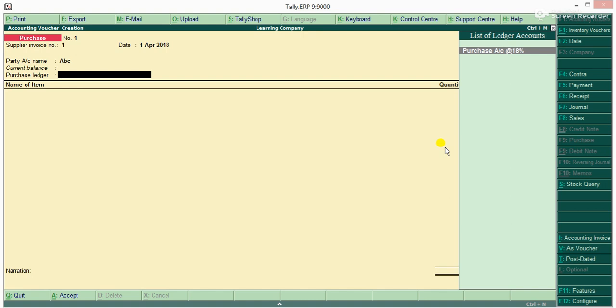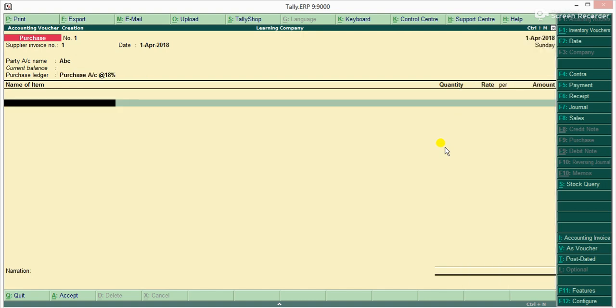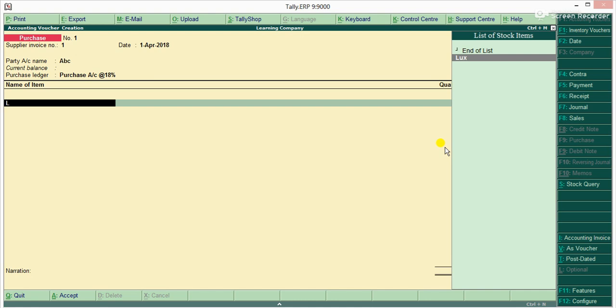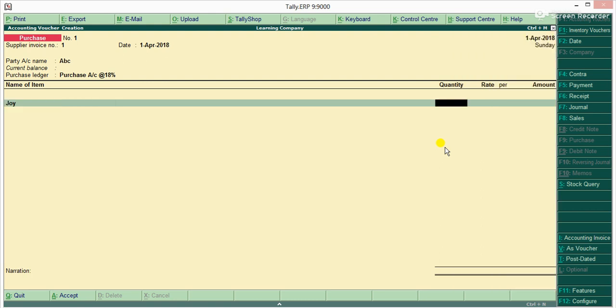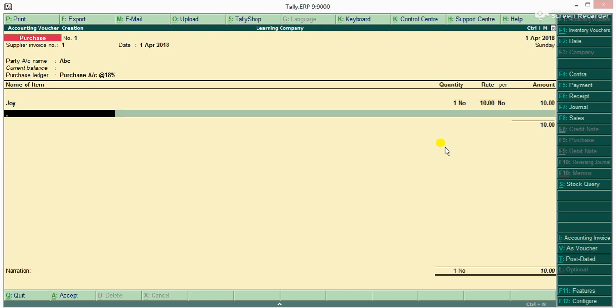Then the purchase ledger, this purchase 18 we have created. Then the name of the item, Lux soap or Joy also, both are there, we can take any one, Joy. Then quantity 1, rate 10, amount 10, okay.